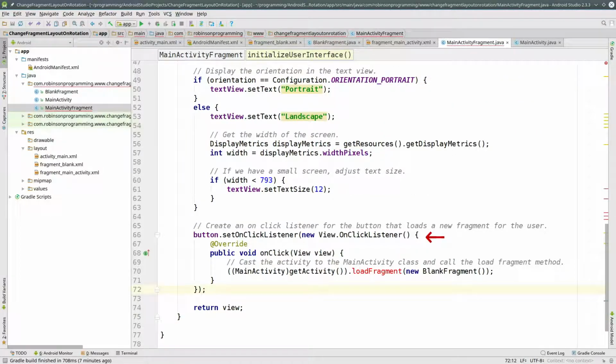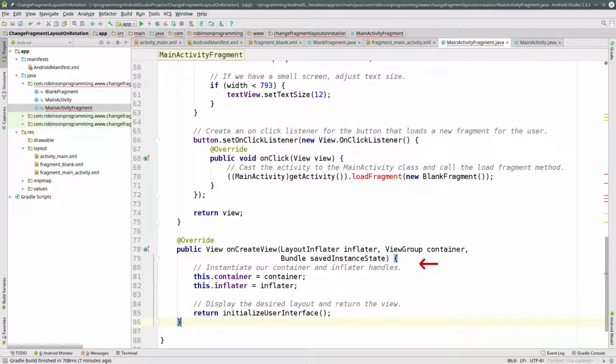Now create an on-click listener for your button. When the button is clicked, it's going to execute a yet-to-be-defined method from our main activity called loadFragment. And what it'll actually do is simply load the blank fragment that we have already created. Now create your override method for OnCreateView. Instantiate the container and the inflater for the class, and display the desired layout and return the view by calling